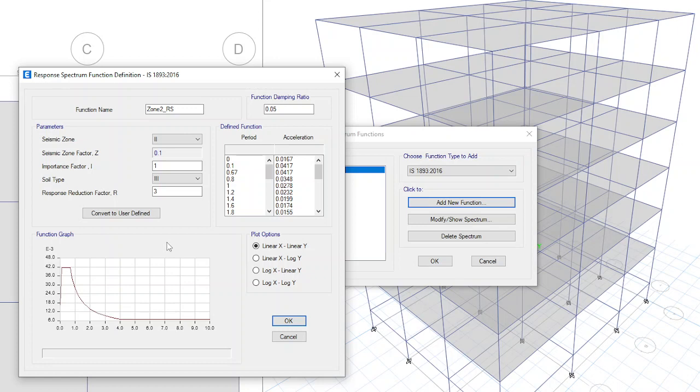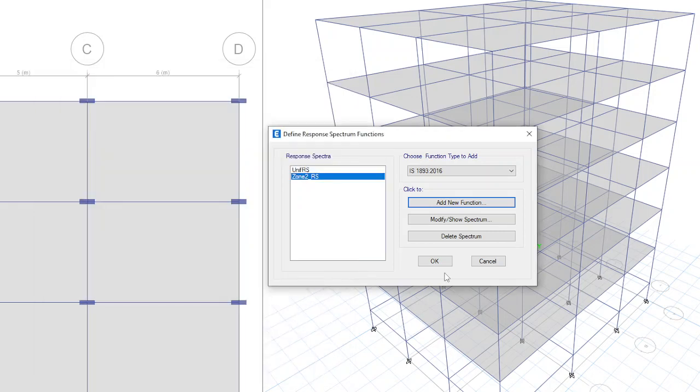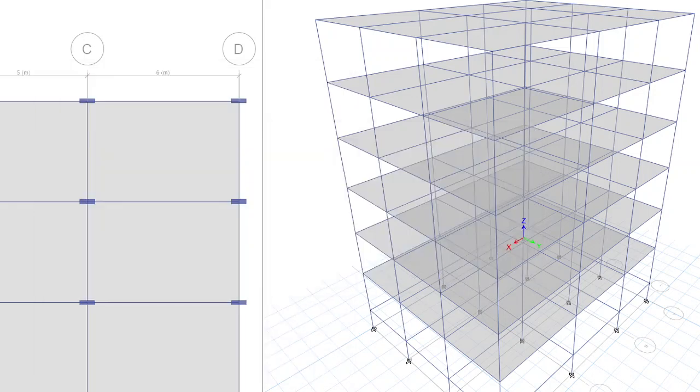There is 5% damping only. Again click OK. Now we have defined the functions. We need to apply that in load cases. For that, go to define, load cases.